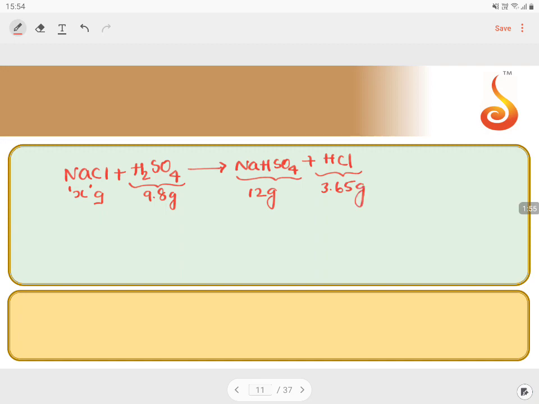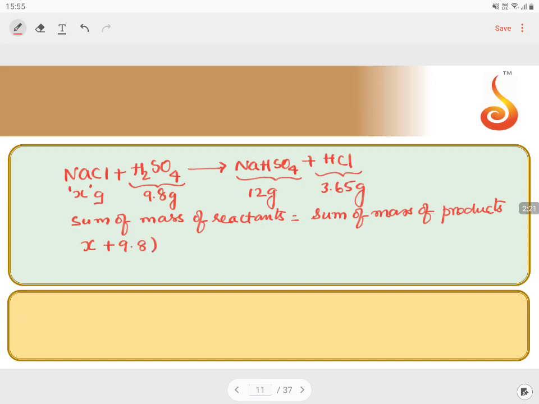According to the law of conservation of mass, the total sum of the mass of reactants is equal to the sum of the mass of products. So if I take this condition, the sum of the masses x plus 9.8, these are the reactants, should be equal to 12 plus 3.65. So I can write x is equal to 12 plus 3.65